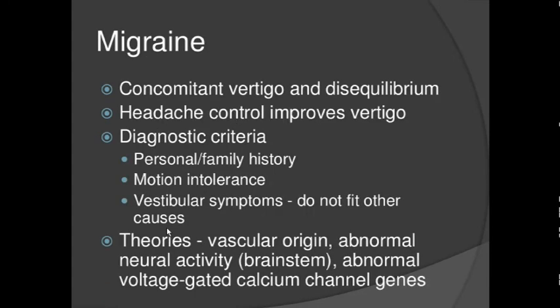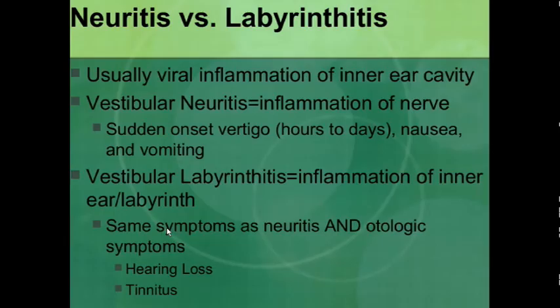Migraine is very important, especially basilar migraine, and even normal migraine patients may complain of disequilibrium and vertigo. Headache will increase the episodes of vertigo. So vertigo is often seen in patients with migraine. And this is just to tell you the difference between neuritis and labyrinthitis. Labyrinthitis is another cause of peripheral vertigo. So whatever we were discussing in detail were all causes of peripheral vertigo.